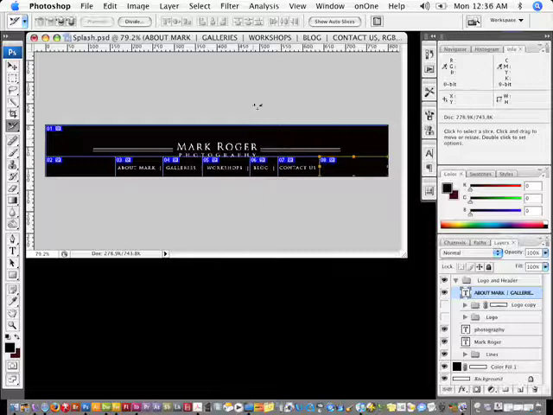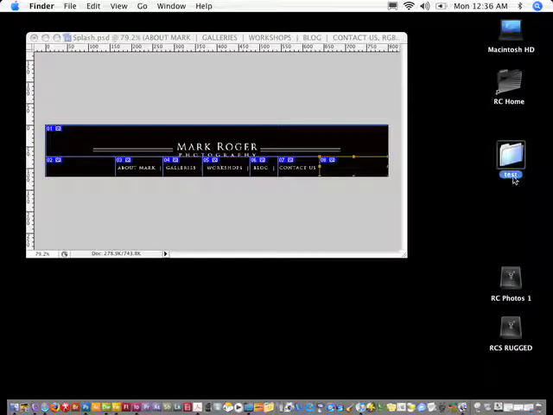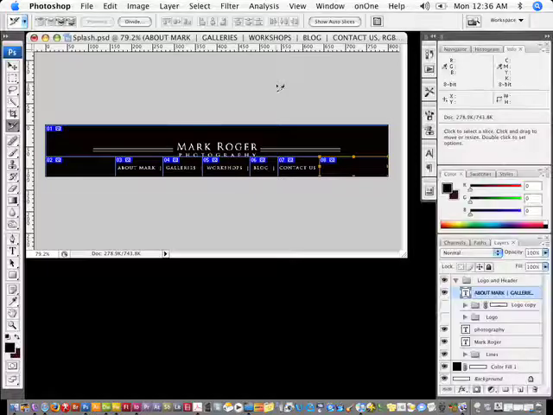So now I have all of these labeled out, and then what I'm going to do is export these into a folder here that I have called test. Actually, let's change the name of this. We'll call it site. So now that I have that all set, I'm going to go to File, Save for Web and Devices,